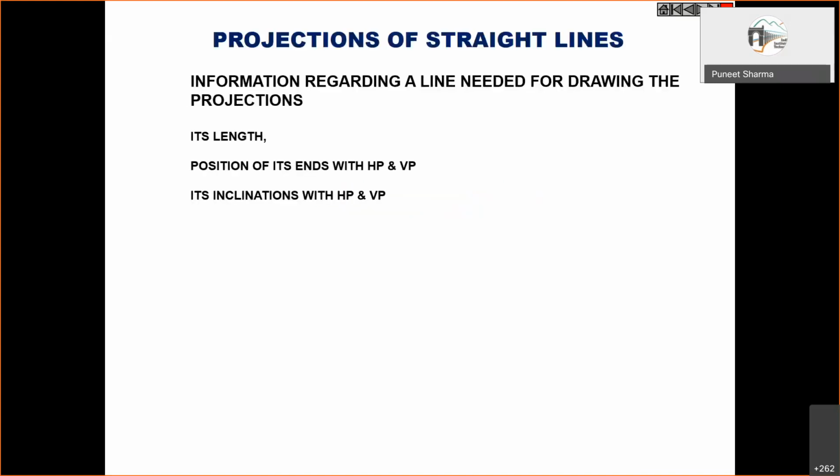Any kind of combination like that we had, and based on that we were locating the point in whichever quadrant it is, and then we were drawing the front view and top view for the points. Now we'll proceed the same way with this. Rather than a single point, what needs to be defined in particular are the two endpoints of the line.